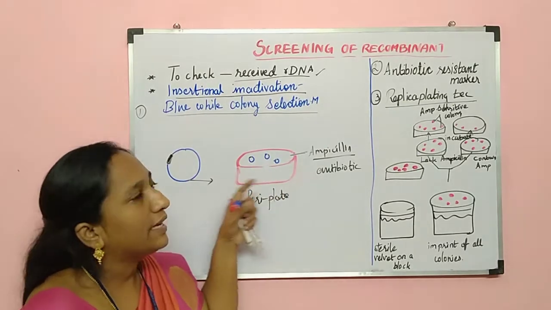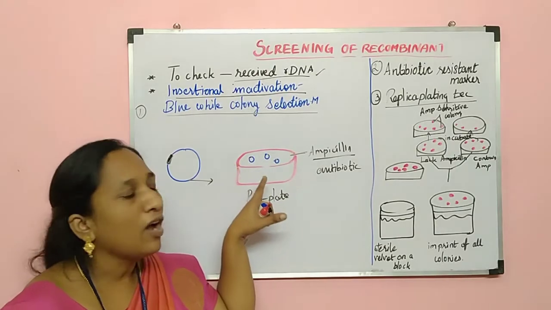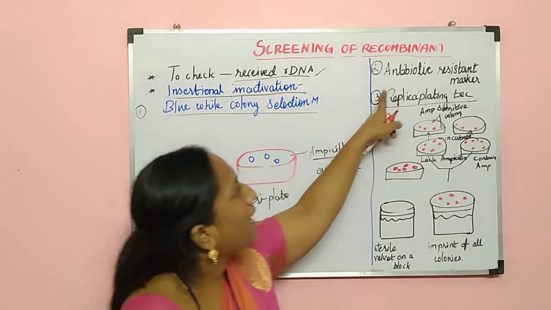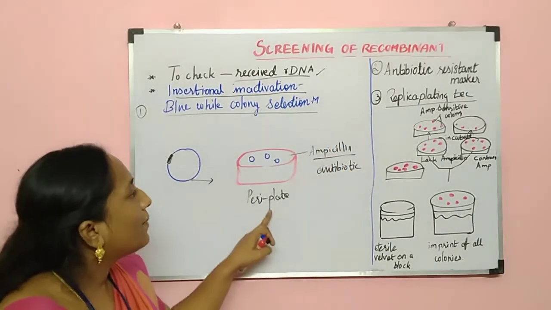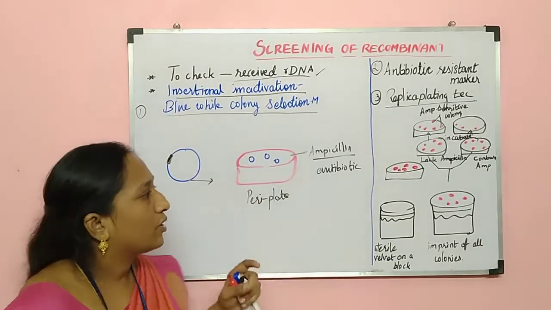By this technique, we can easily screen out whether the cell has the DNA or not. Okay, so this is the method. The second one, the antibiotic resistant marker method. By this technique, we can easily screen out whether the cell has DNA or not. And the third one